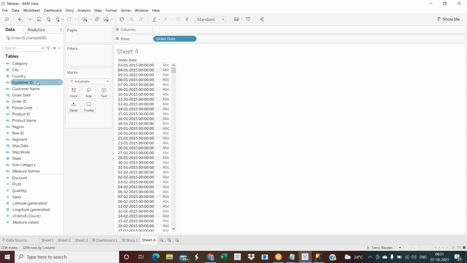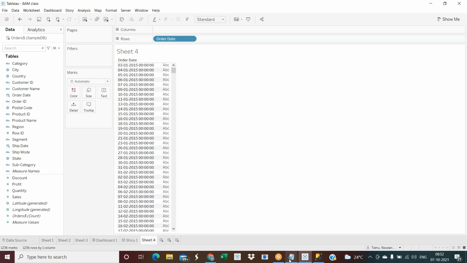Above the line all are dimensions, and below the line all are measures. Just remember that. You did not do this, Tableau did the data types, Tableau did dimensions and measures. You are just simply using it. But you need to understand why Tableau is doing this.